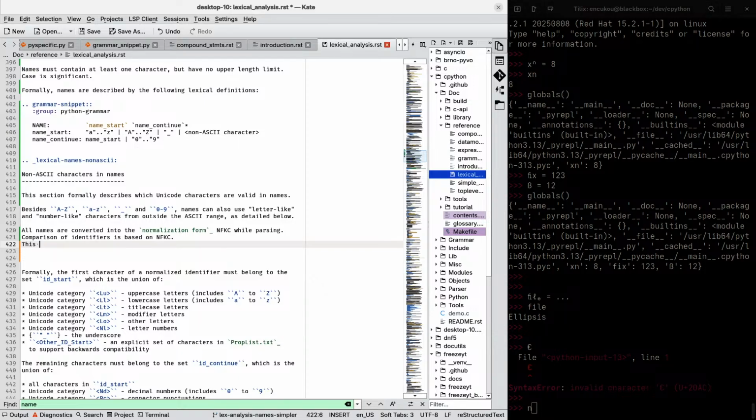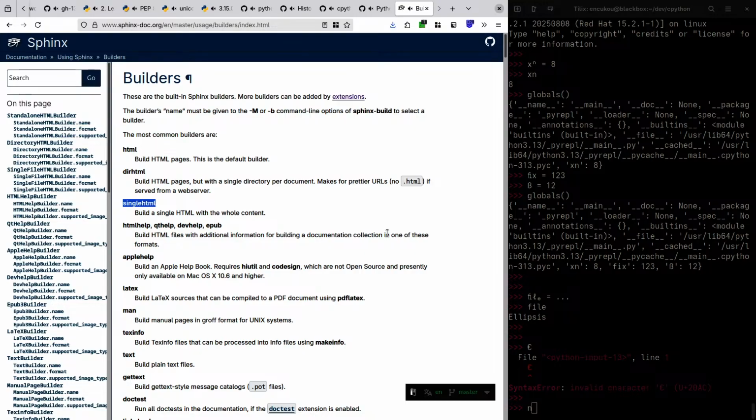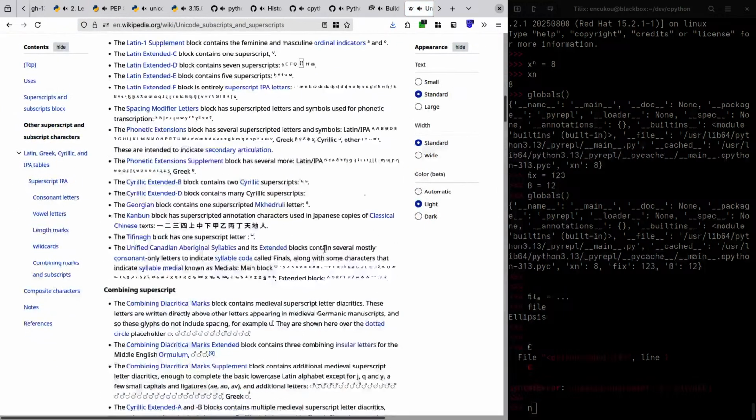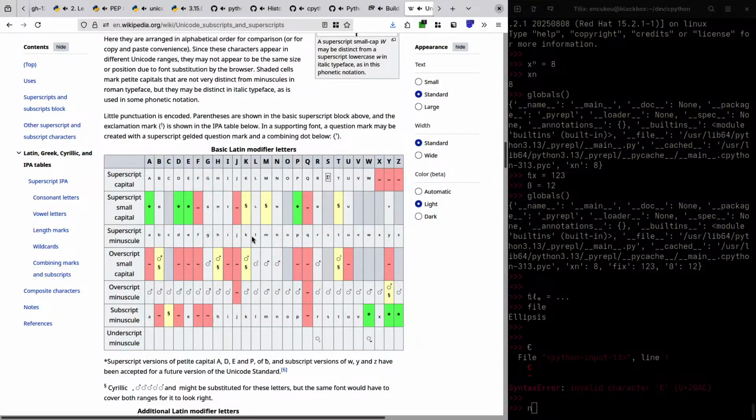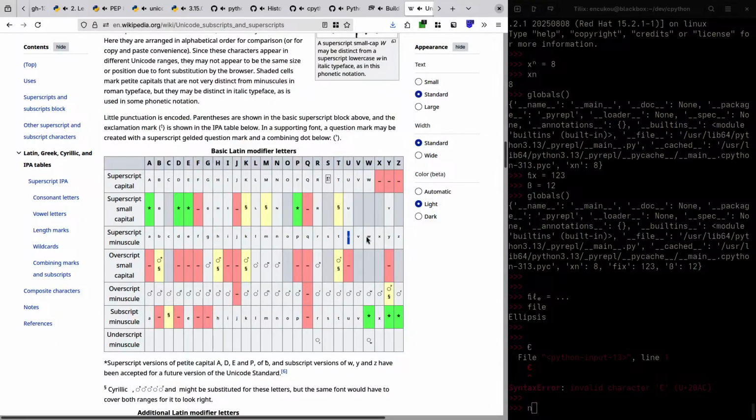I'm also looking at Unicode superscripts and subscripts on Wikipedia. I don't have all of these on my keyboard, but I can. Well, accented vowels will just normalize to themselves. Oh, I see. This is a different position, like exponents?